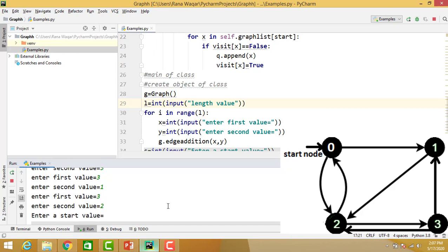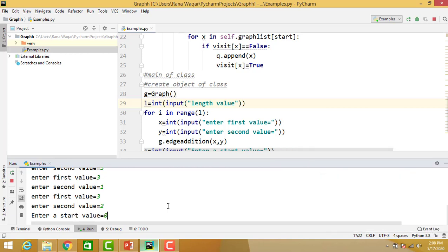A start value is 0. Now the BFS is traversing the nodes like 0, 1, 2 and 3.